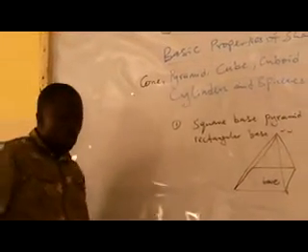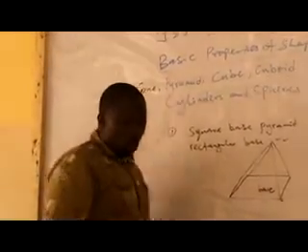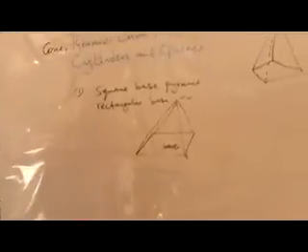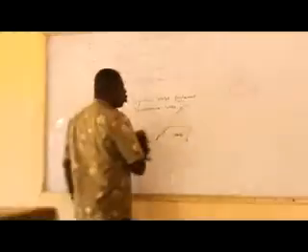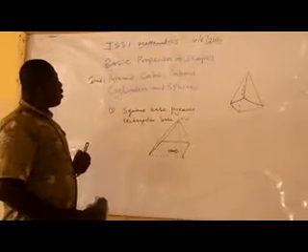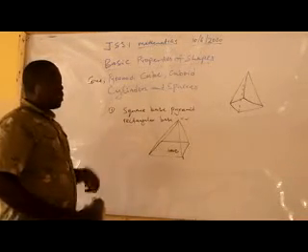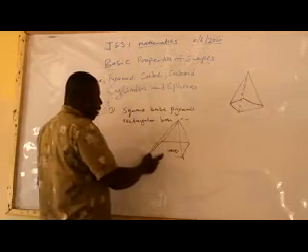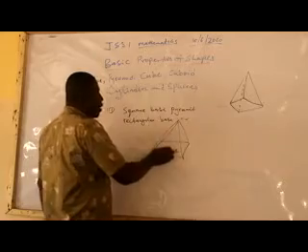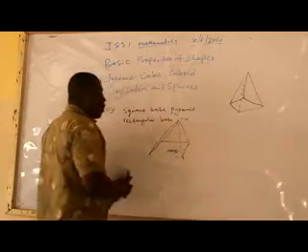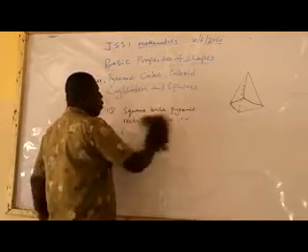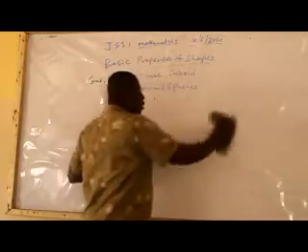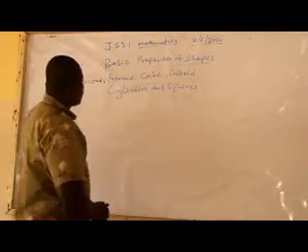Now let's look at a cone. What does a cone look like? We are still going to go into the details of these shapes, so I want you to be taking closer notes, so that when we mention them, you will not say you have not heard about it. So this is the pyramid. We say that a pyramid has either a square base or a rectangular base. Now, the next shapes we are going to take a look at are